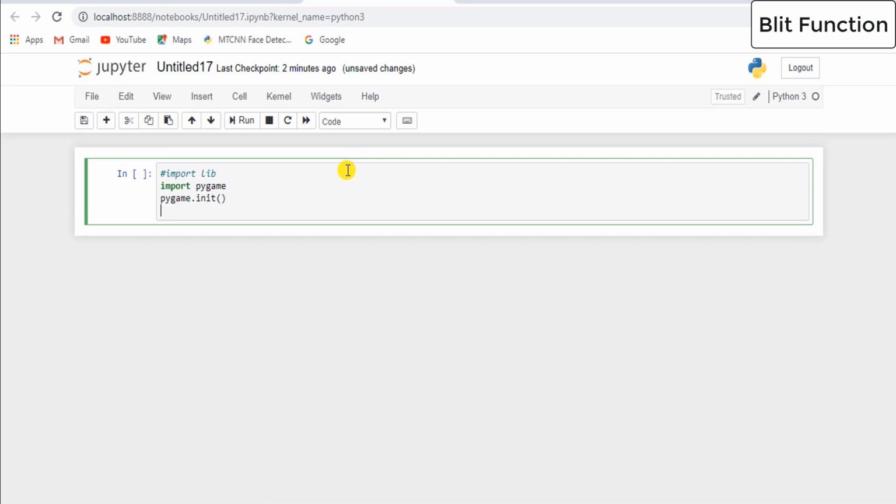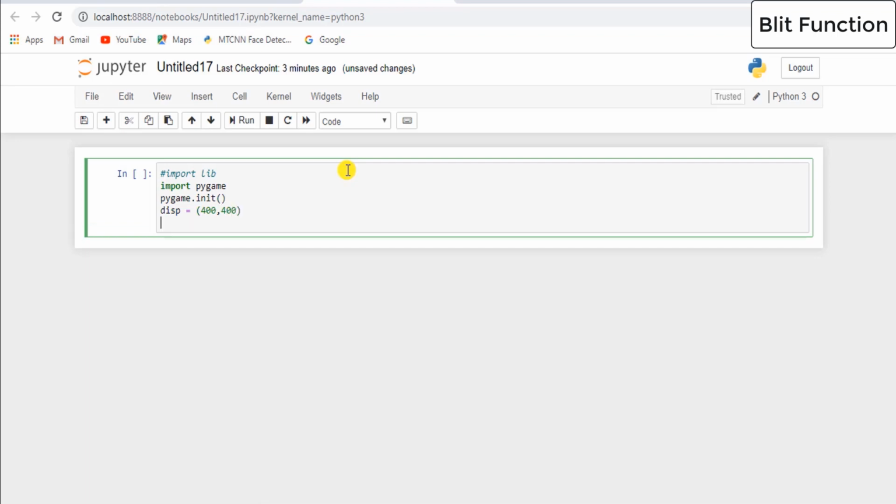The next thing is we will create a window and set the parameters for it. So let's create a display and set a parameter for it. We need to create a tuple, and in the tuple we will pass the x and y coordinates. To create the window, we are going to pass this size to the pygame.display.set_mode function. So screen is equal to